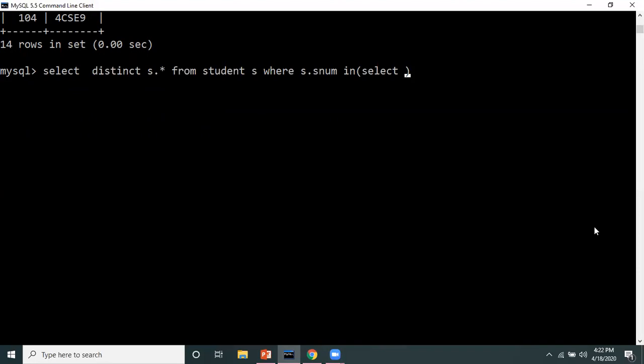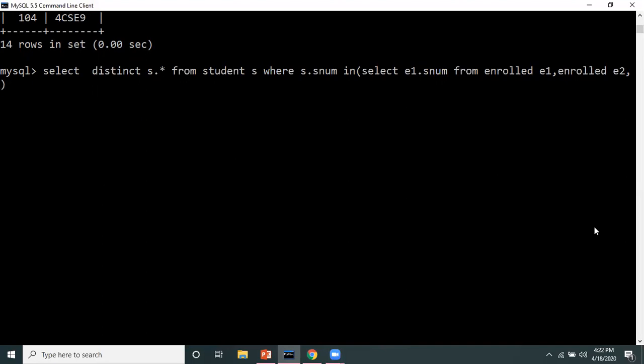So this enrolled table, at one time I will call it as E1, so I'm writing E1 dot snum from enrolled E1, comma. Next time I will call it as E2, so there will be a self join. So I'm using enrolled E2.